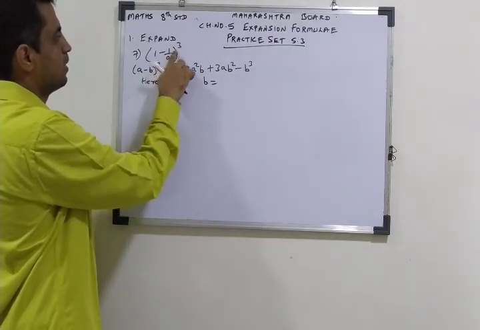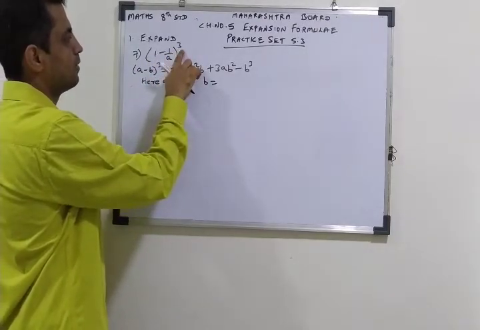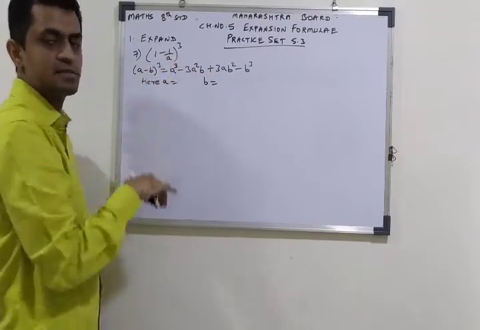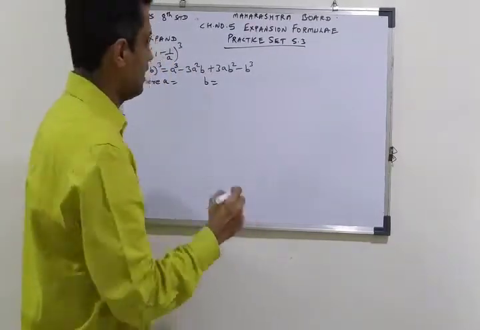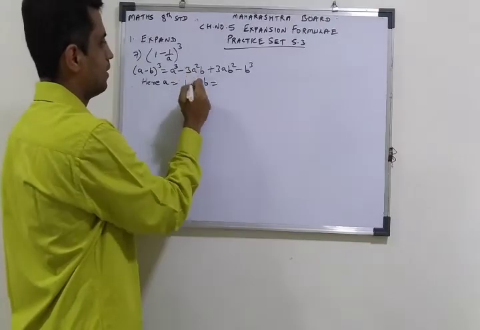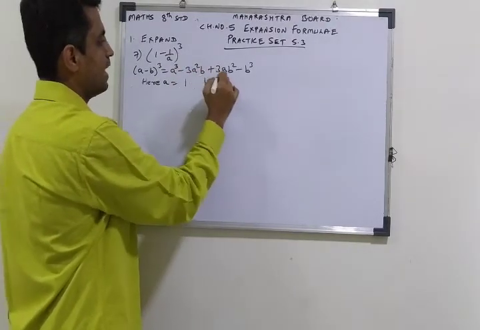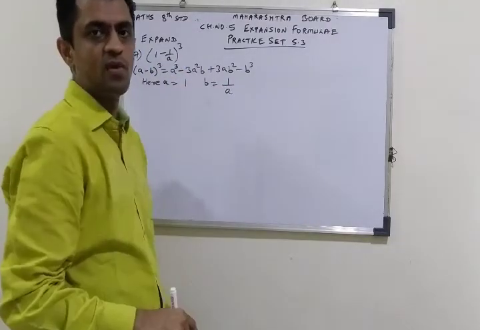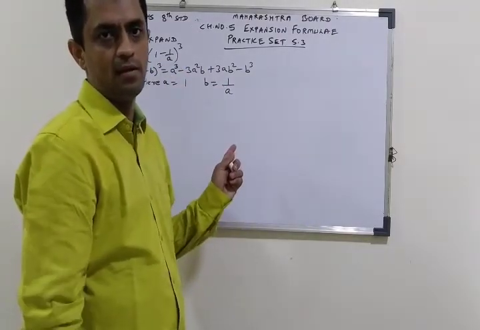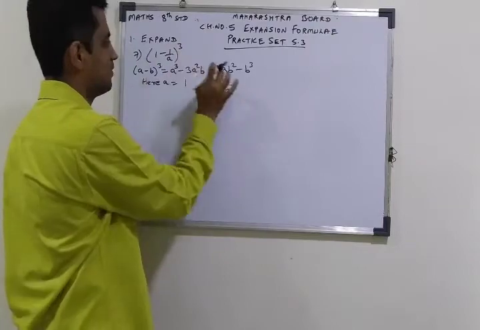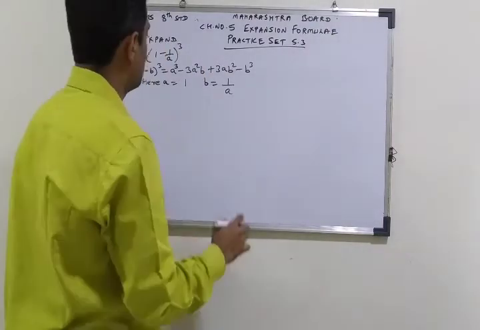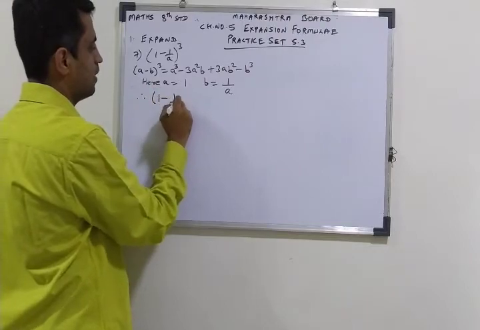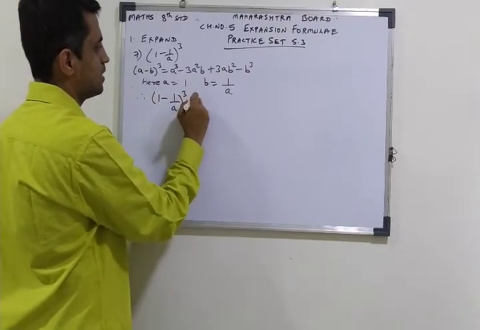1 minus 1 upon a the whole cube. Again the same formula here. Now let us assign the value. Our a value will be 1. Our b value will be 1 upon a. I told you, don't take minus because this formula will take care of your minus sign. So take it as it is without the negative sign. Now let us substitute as per the formula: 1 minus 1 upon a the whole cube is equal to